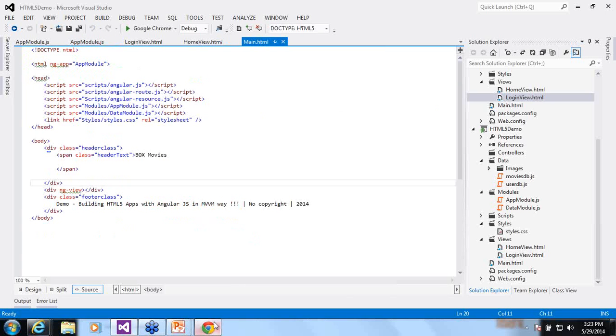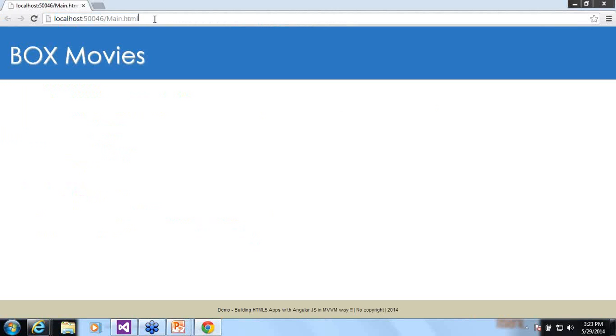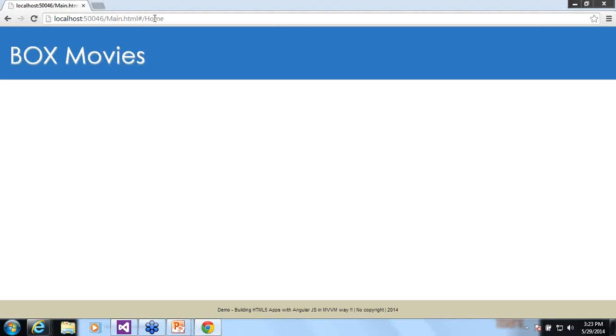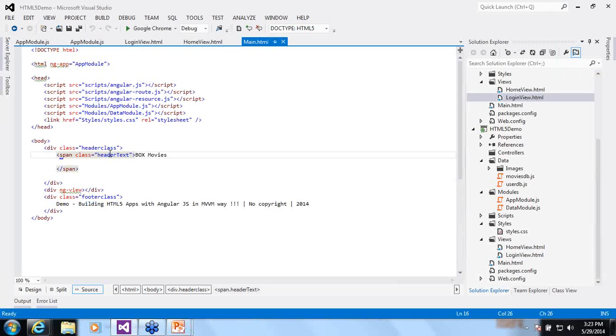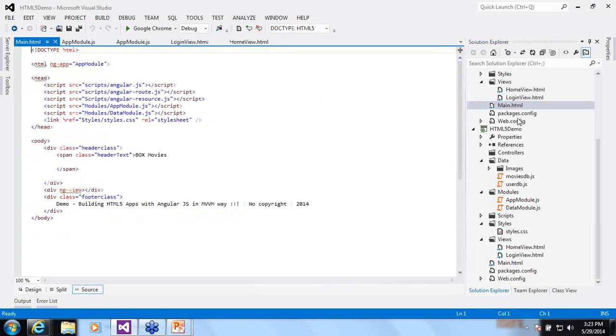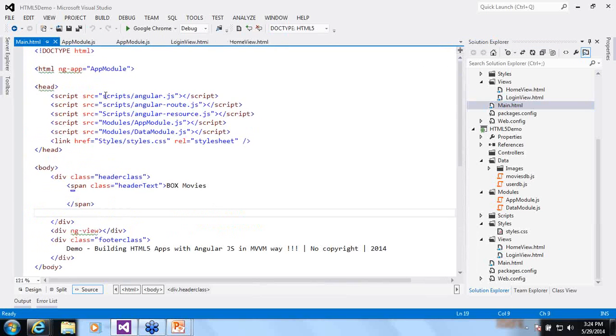Right. Now let us see what happens if we write /home. Currently nothing, because we haven't pasted anything into the view. So we just close it and we'll check further. Okay, I have to resolve these scripts first.